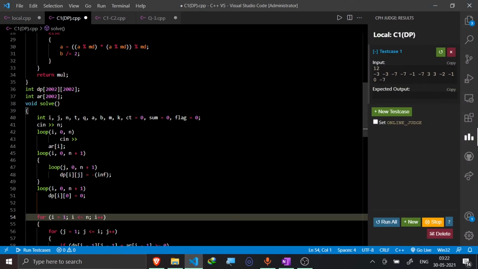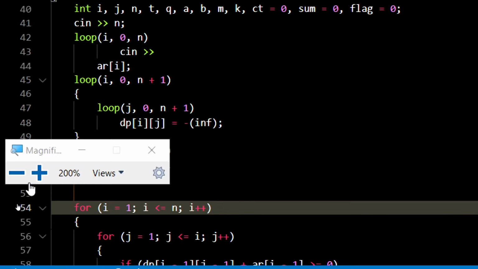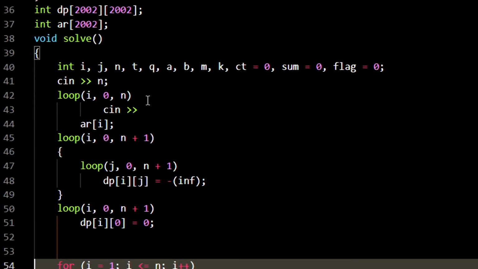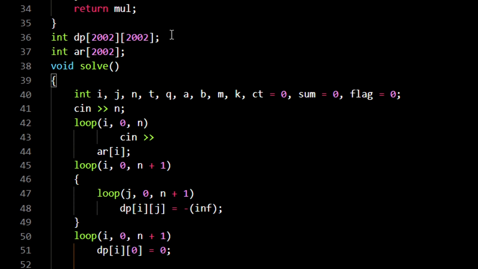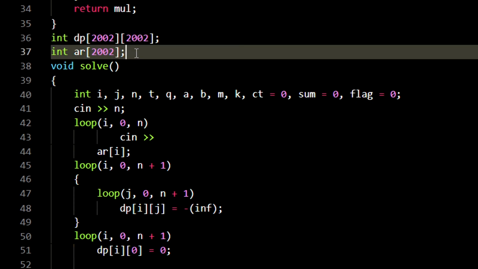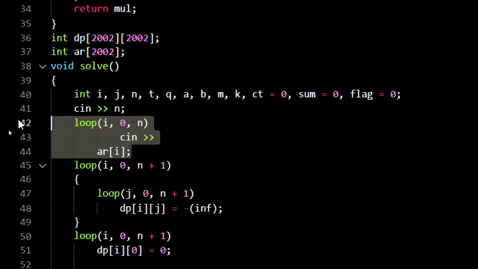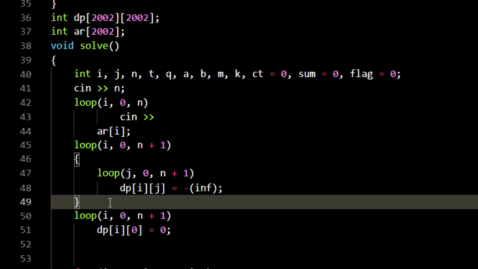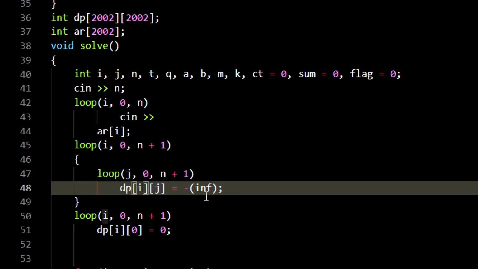So now let me show you this in code also. So let me zoom it a little bit. Yeah. So basically what I would be doing here is that first I made a DP array, and this is for input. This is just a simple input. Firstly, I would initialize all the elements with minus infinity.